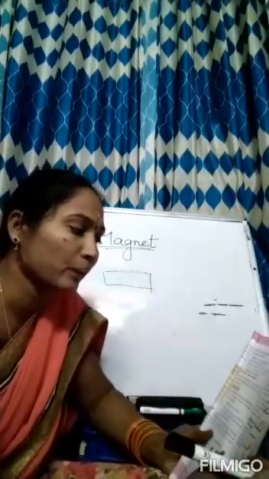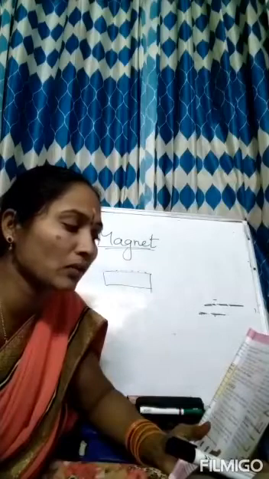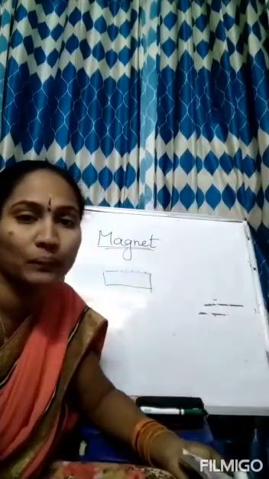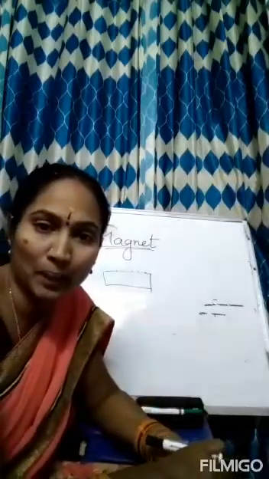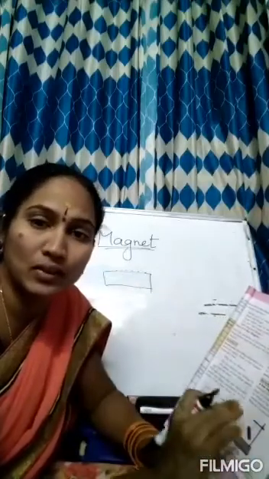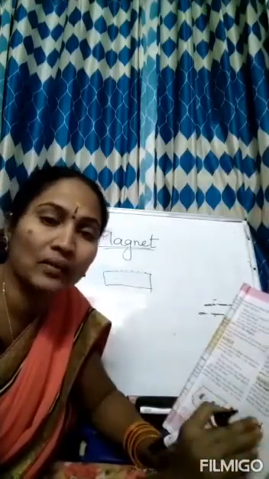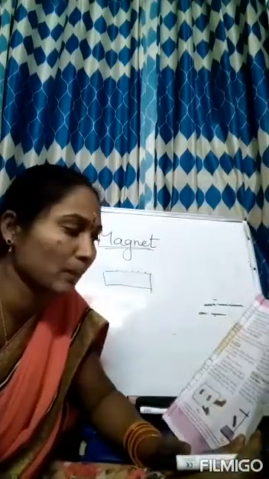It's very easy. Now, which part of the magnet attracts more iron filings? From which part of the magnet is it more difficult to remove iron filings? When you are trying to remove those iron filings from the magnet, you have to find out which side and which direction of the magnet makes it easy to remove the iron filings, and which part makes it difficult.